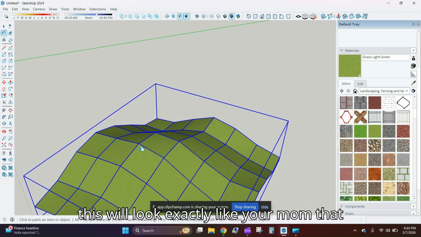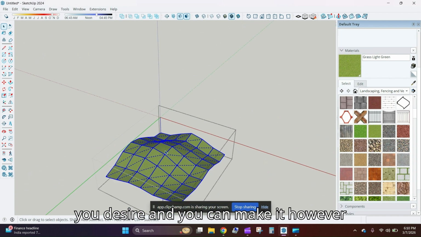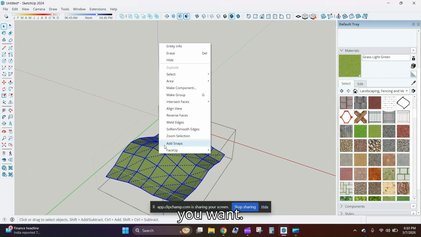So your thing is ready. After doing this, you have to smooth